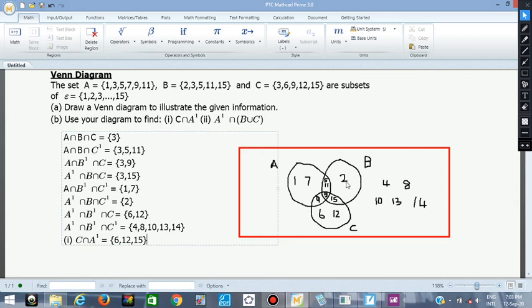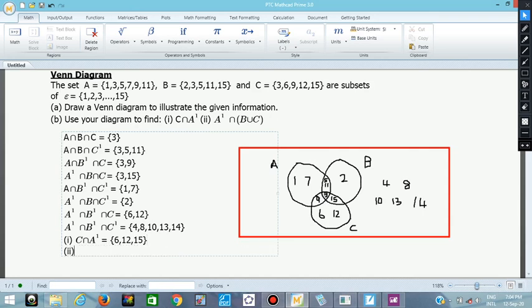So you don't need to call 2. They did not mention B in this place. They didn't talk anything about B. So 2 is for B. And remember, they said not in A. You cannot mention 5. You cannot mention 11. You can only mention 15, 6, and 12. These are the elements inside C. But we don't want the one that will also belong to A, which is 9 and 3. 9 and 3 also belong to A. You can see the circle of A. 9 and 3 are also part of circle of A. So that is what they are talking about here. We don't need that. So that is the answer of the first one.